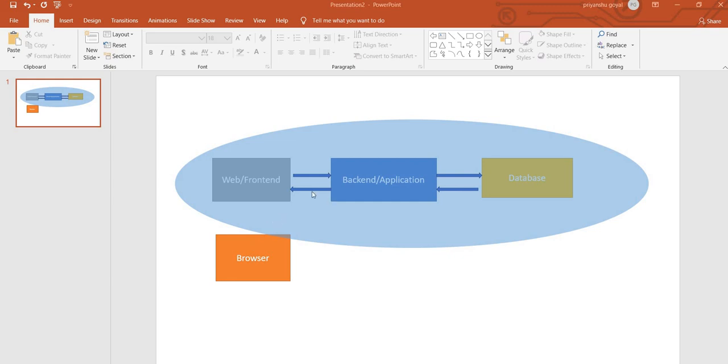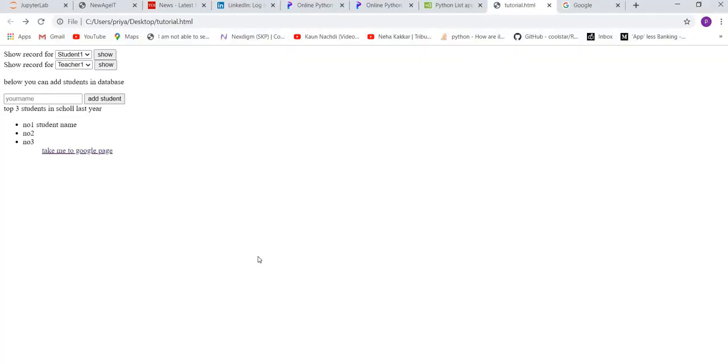But let us say there was no web or front end, and just a backend application was sending some details to the front end. That we can check through API. So rather than it being rendered in the front end, we can actually call the API and check, like in the last coding example. In the last coding example, let us say we were calling a database of students. Here we fixated it at student numbers 1 to 5. We hard coded it, right?